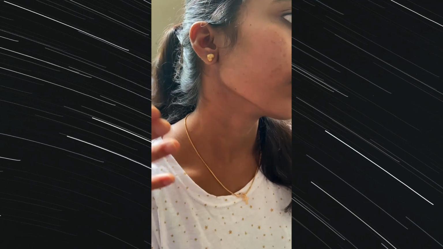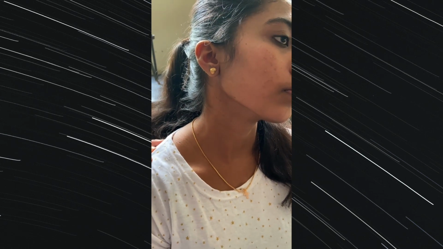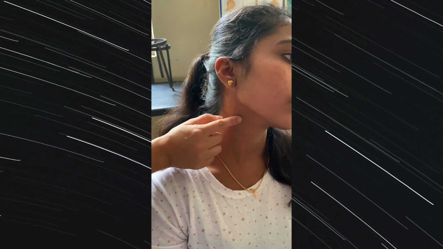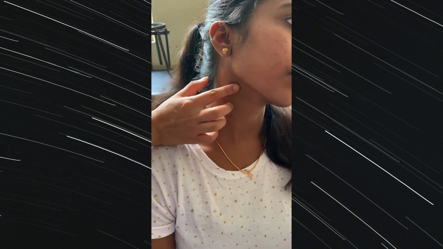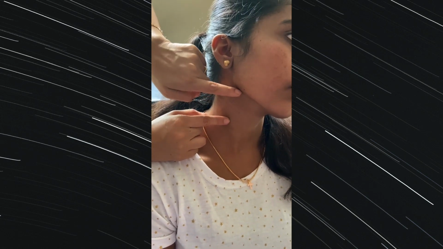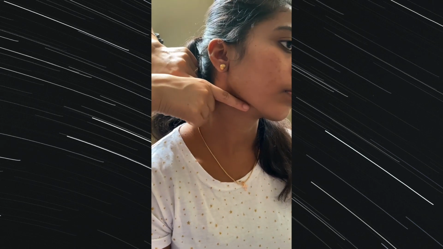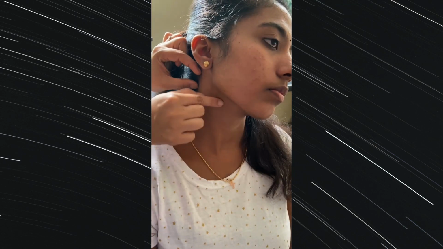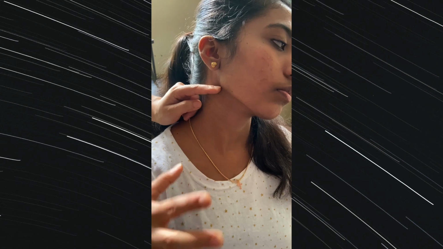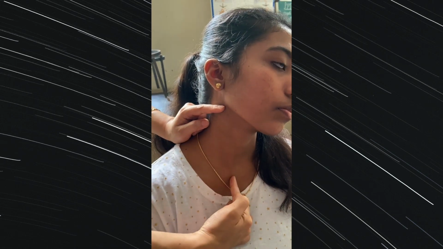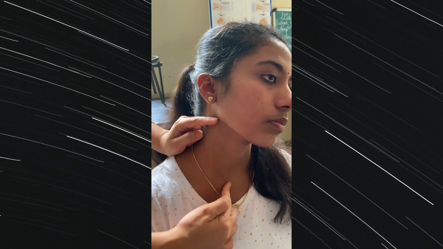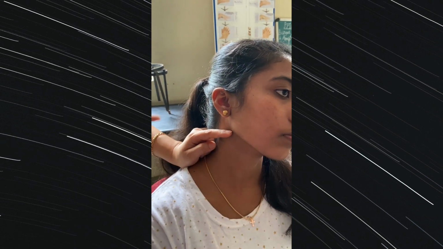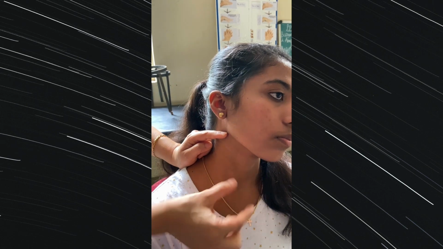So how can you measure? You require a scale, where you are able to find the highest point where you are able to see the vessel. Right now you cannot see this, but I'm just telling you for your extra knowledge that if you are able to see a vessel or a dilation at a higher point, for example here you are able to see the vessel, what you are going to do is take a scale and place it on the point where you are able to see it, and one more scale you are going to take, and keep it here where the clavicle is ending. Okay. So you can keep one scale like this and one like this. At the point where they are intersecting each other, that is what you have to measure.